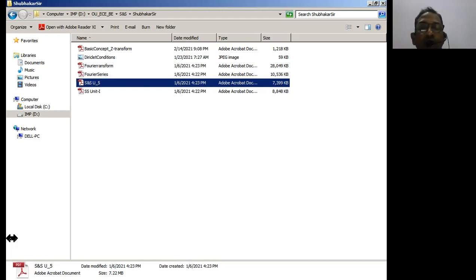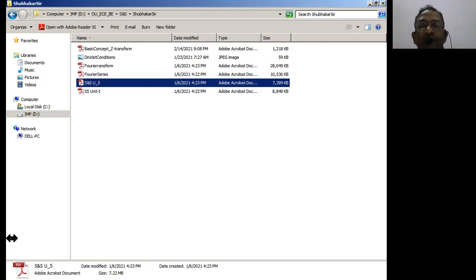So for a radius of 1, that is what the region of convergence is going to be for the Z transform. That means the solution of this particular Z transform is going to lie over the region for all mod z greater than 1. So this is the basic form which we can have for the unit sample sequence. Then the next important sequence is going to be the unit ramp sequence.